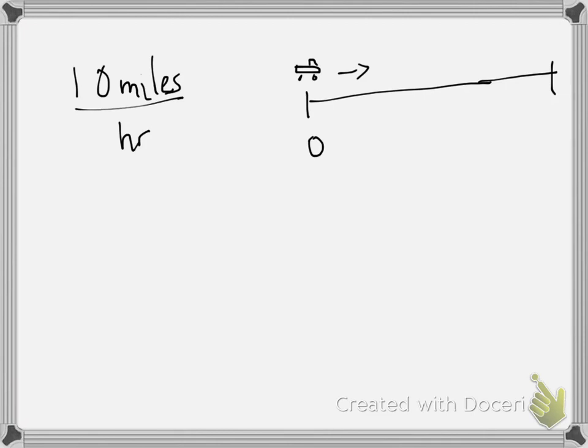If he drives for 1 hour straight, he's gonna cover 10 miles because he's going 10 miles per hour. That's the rate. So in 1 hour, he's gonna cover 10 miles. If he's going 20 miles per hour, he's gonna cover 20 miles in 1 hour, and so on. But what we want to figure out,